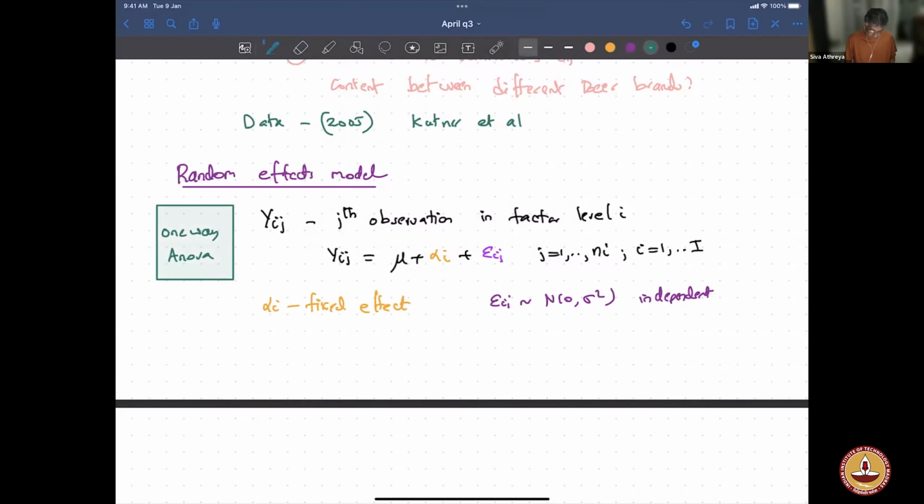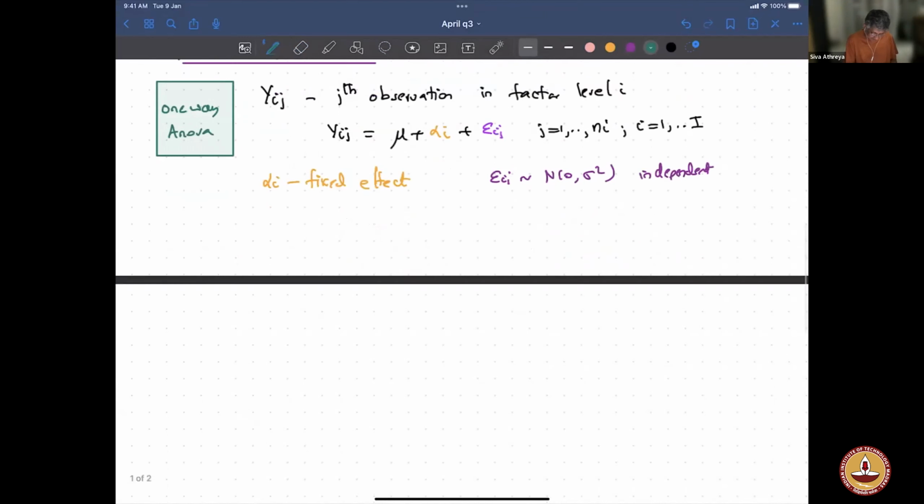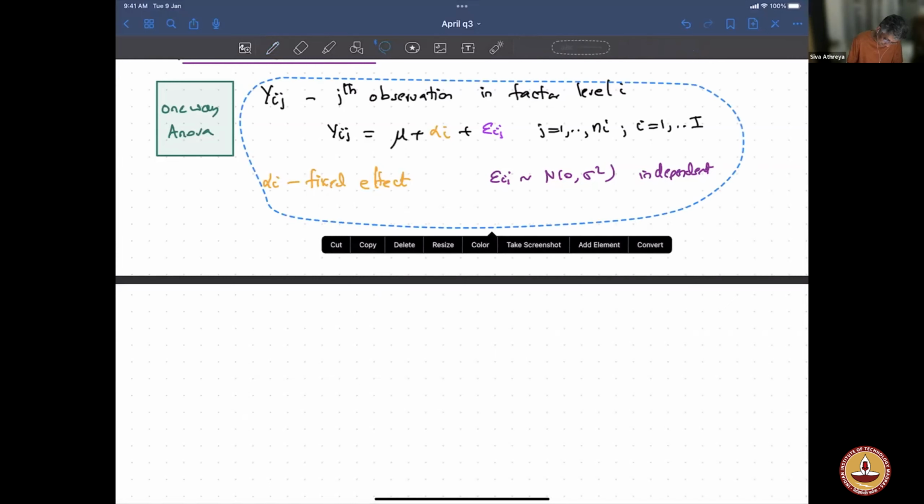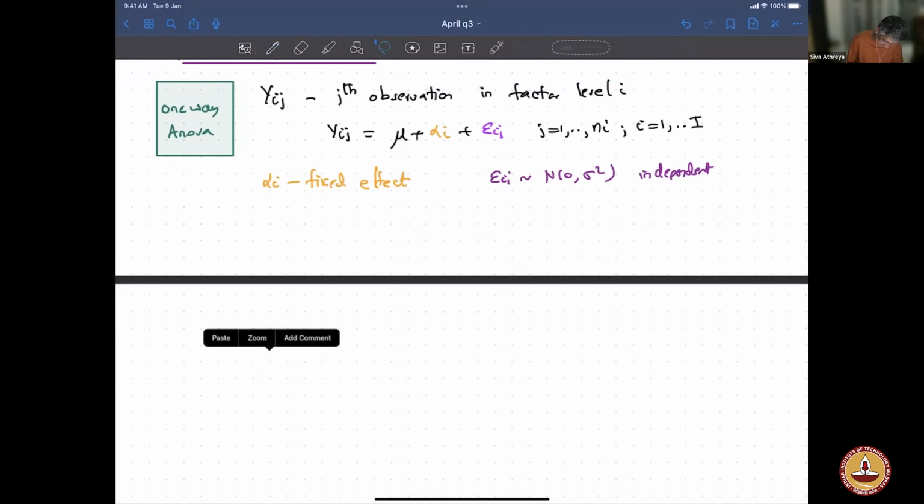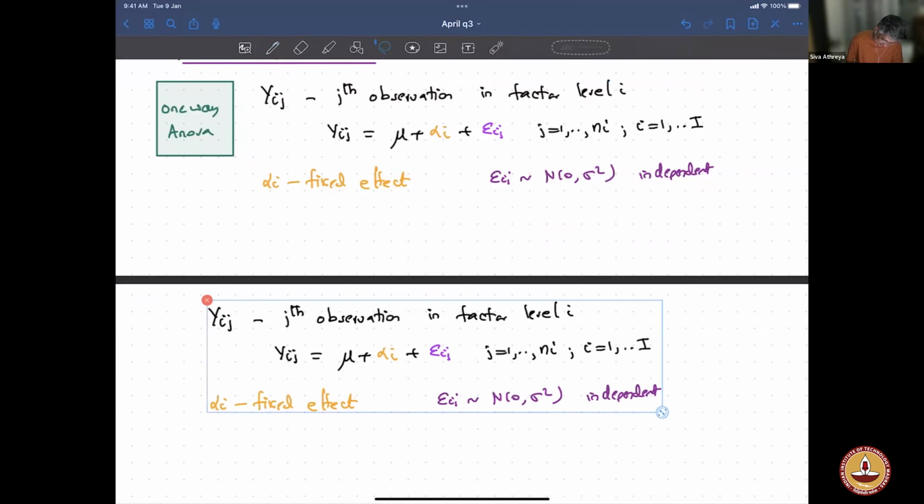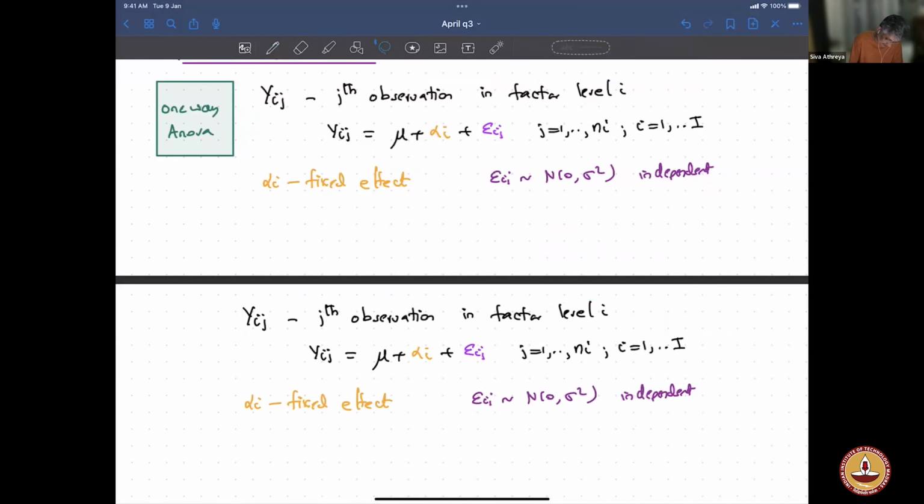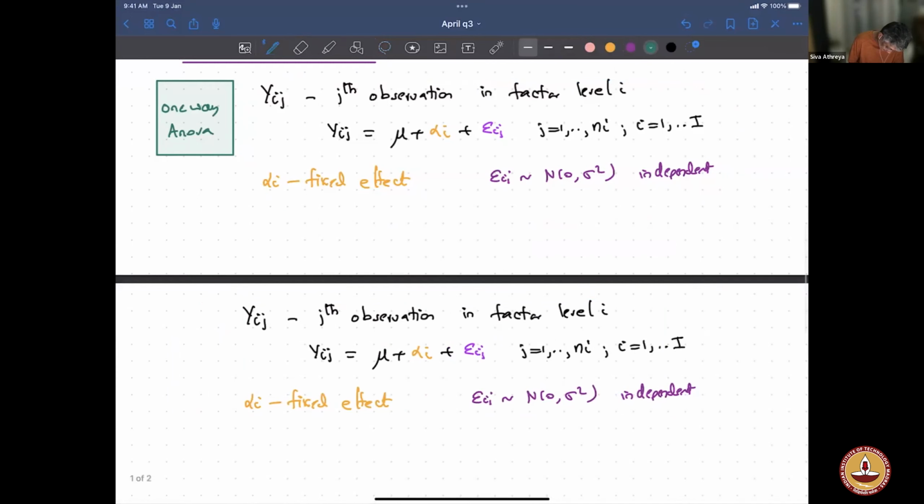Now, like we discussed last time, I could assume the alpha i are also random. That's the random effects model. So let me write the random effects model down. In the next setup, I'll take the same Yij, but like I discussed last time, in the random effects model,